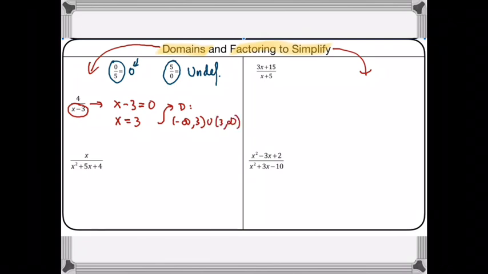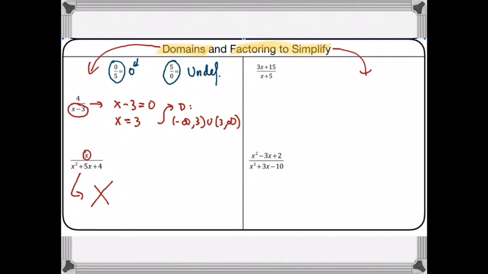Okay, so we're just excluding the 3 because we know that when we plug it into that expression, it's bad news because it's division by 0. Now, with this one, we got some stuff going on in the denominator that looks like it needs some factoring. This guy up here, we're not going to worry too much about. We're worried about the denominator because we learned that division by 0 is really the bad thing, and 0 in the numerator is doable. So let's take a look at picking apart this denominator and seeing which values are going